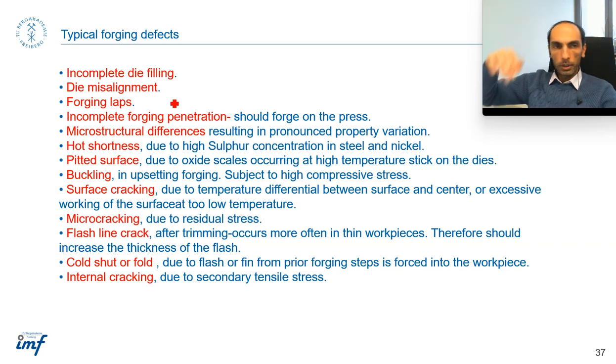Forging laps or some cracks on the surface, or incomplete forging penetration. Microstructural difference means that the microstructure is not homogeneous. Of course, in forging without heat treatment, you cannot obtain a fully homogeneous microstructure. However, you can design the forging process in a way to decrease the inhomogeneity in the microstructure. Hard shortage, pitted surface, the small pitting on the surface,